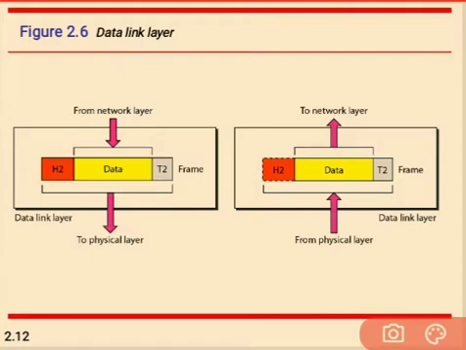What is the meaning of the data rate being constant on both sides? The same data rate must be maintained on both sides.